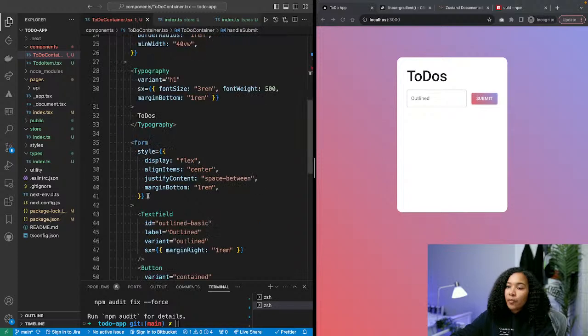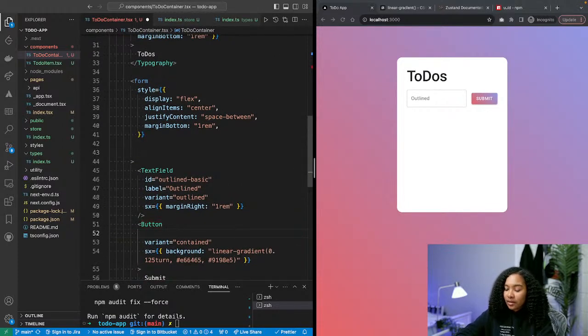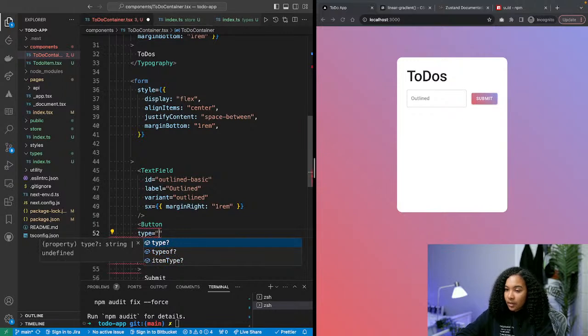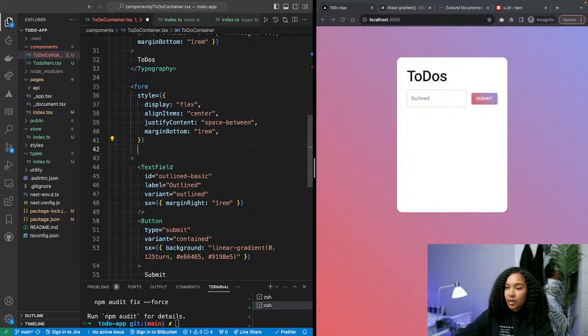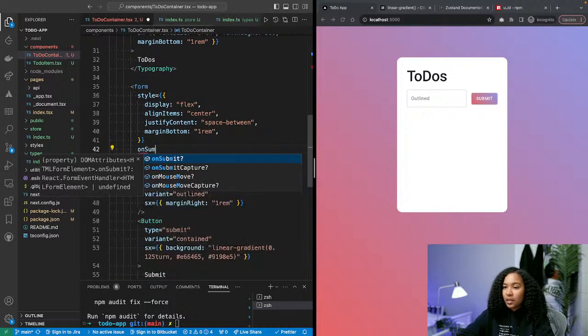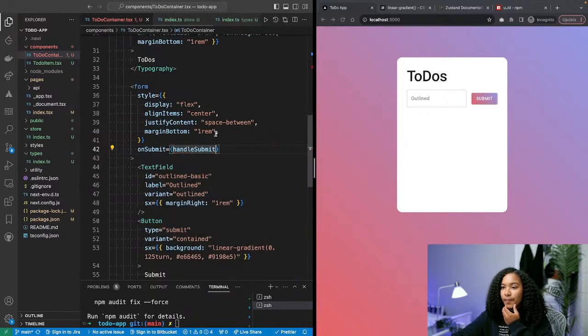So we'll go to form and we need to do things. We need to add to the button the type of submit, and then form has a special property called onSubmit, and then we're going to handle submit,